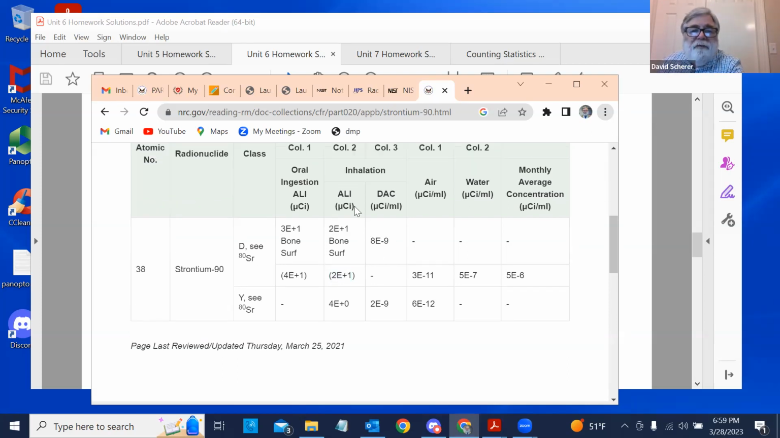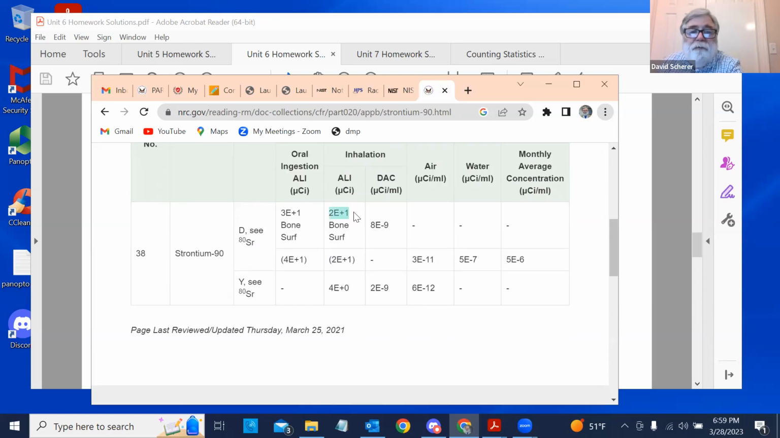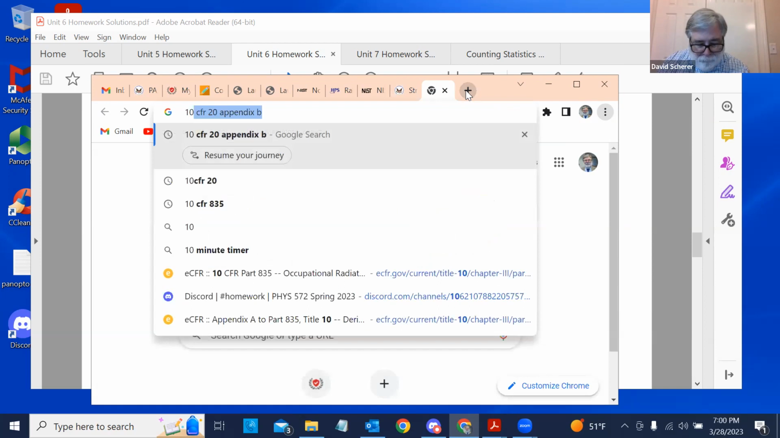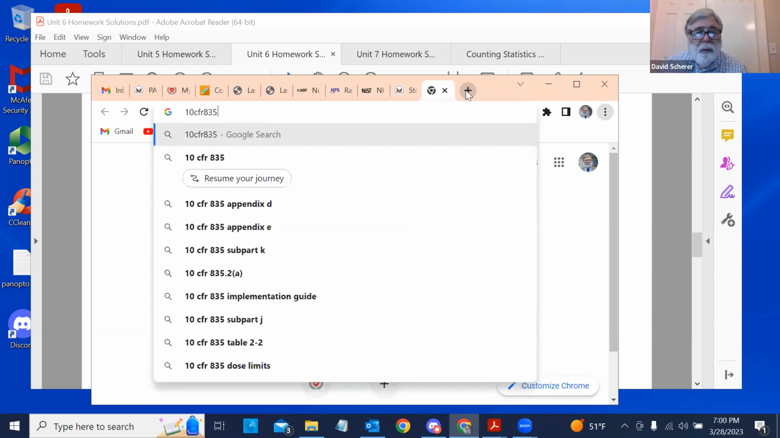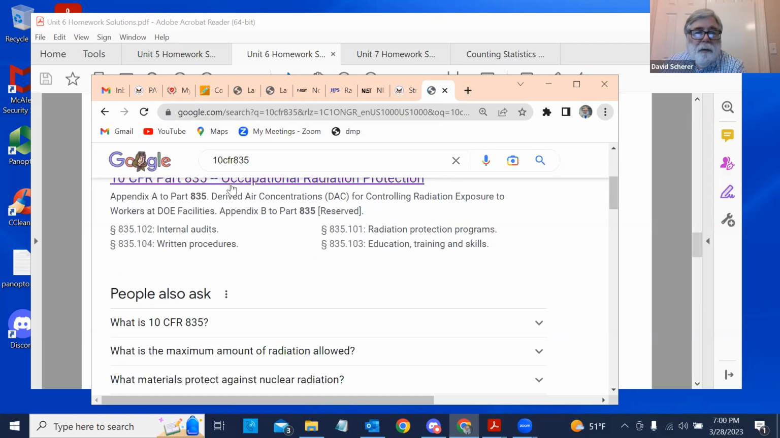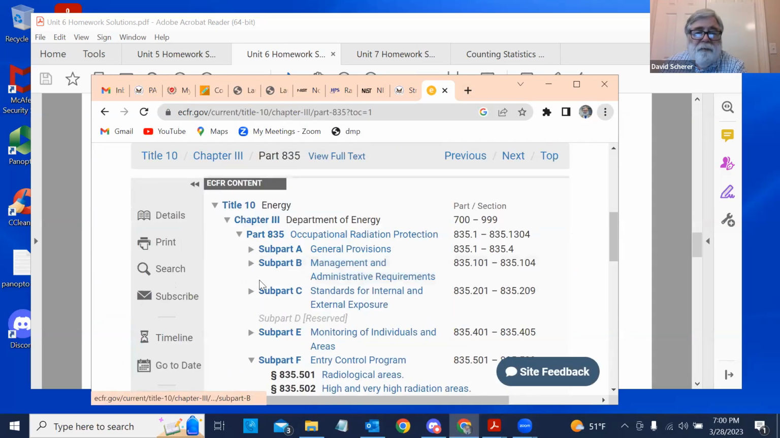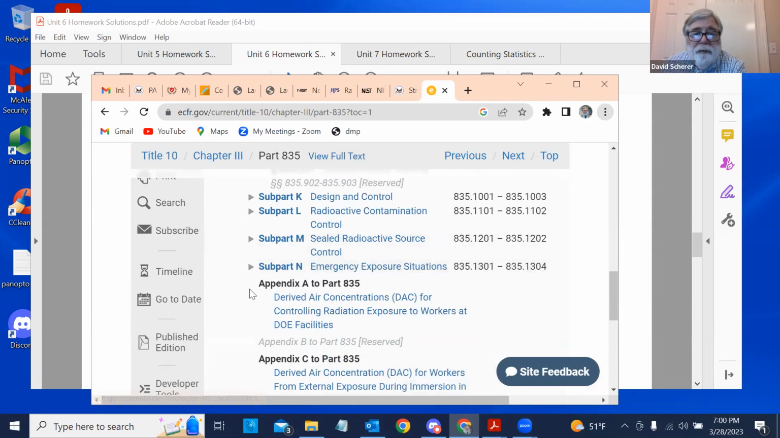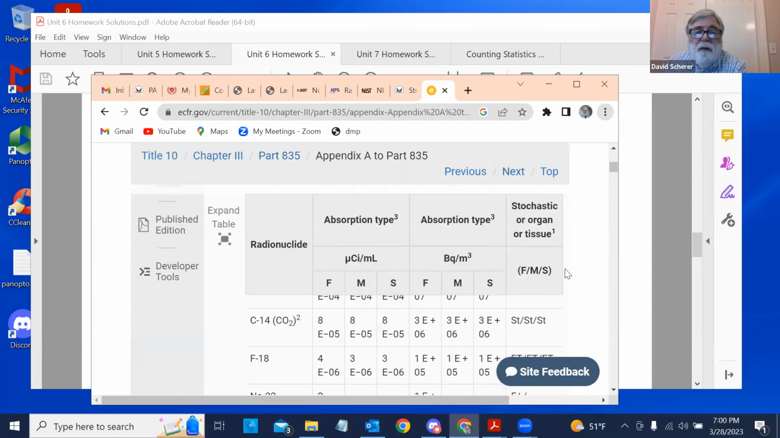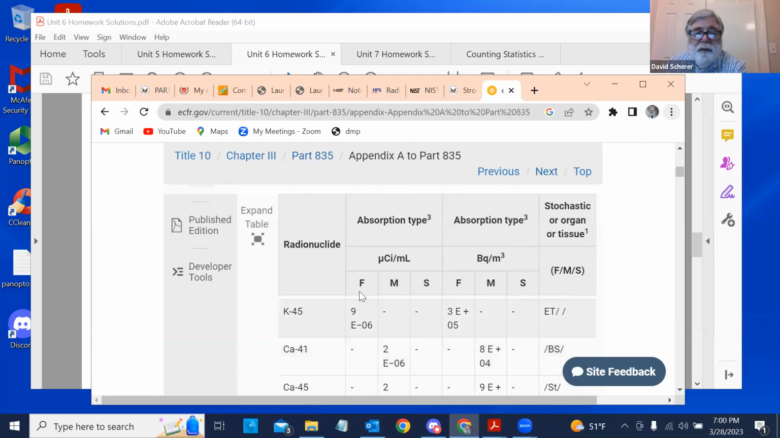Okay. Interesting thing about strontium 90 is the value for the bone is equal to the value for the effective dose. So we have two ways to go about doing this problem. One is the effective dose equivalent, and one is with the organ dose. If you look at 10 CFR 835 and you look at the tables there, the table that they have for DAC is Appendix A. And if we look at strontium 90,